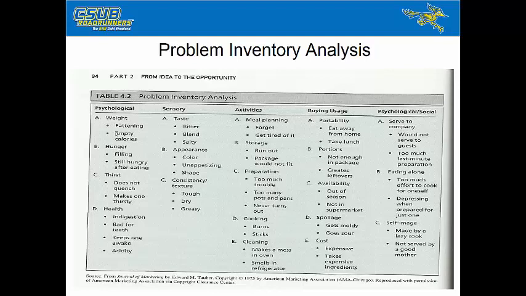So this is an example of problem inventory analysis for food, broadly stated. There's all kinds of different things about food that could be better, could be worse, depending on the type of food, where you get it from, et cetera, et cetera. So if we're really just dumping ideas about what could be better about certain types of food that we eat sometimes,